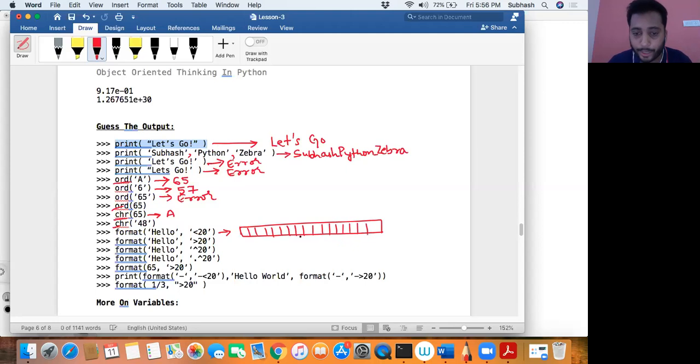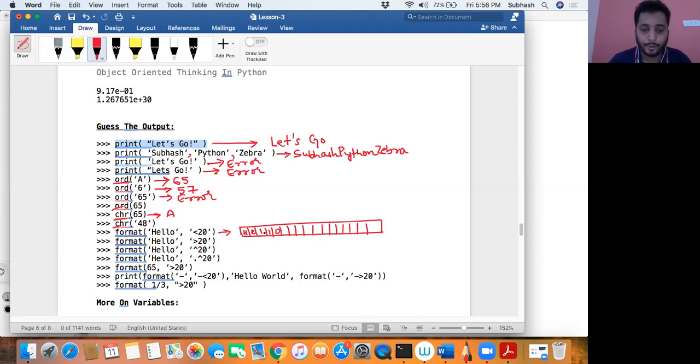When you're using 20 spaces, should this hello start from the left or from the right? That is the meaning of less than. Less than looks towards the left, so it gets aligned towards the left. It prints HELLO, and the remaining is filled with spaces. I'll show you the output in some time. The next one is format hello, but it is the opposite.